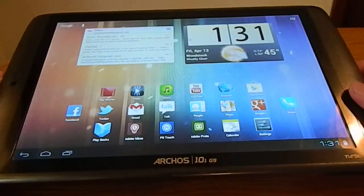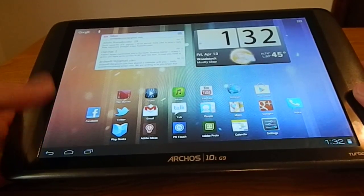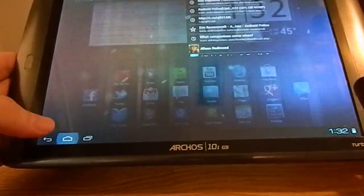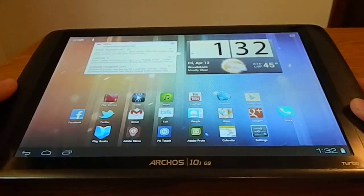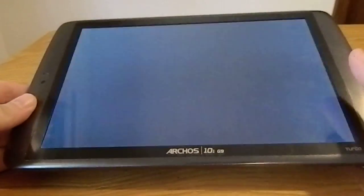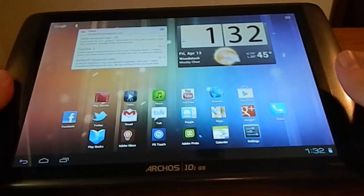There are a couple problems I have with the hardware, not in the materials, but in how it functions. As you'll notice, right down here in the lower left corner, occasionally it's registering a touch where I'm not touching the device. I'm not sure if it's because I've got my hand on the other side and it's detecting that. Actually, might be that. Or what the reason is, but it's incorrectly detecting touches. The best I've been able to figure out is if you turn it off and polish it with a piece of fabric or something, it might stop. But it's still a little inconsistent. That seems to be a problem with the hardware, the digitizer, not with the software,